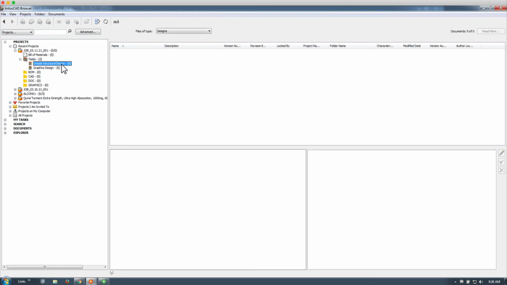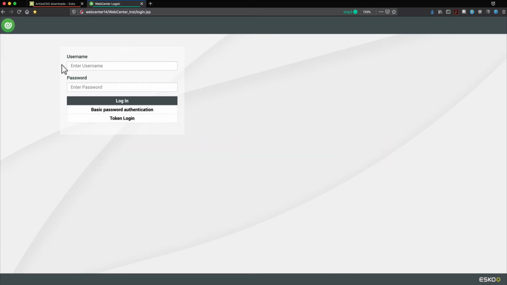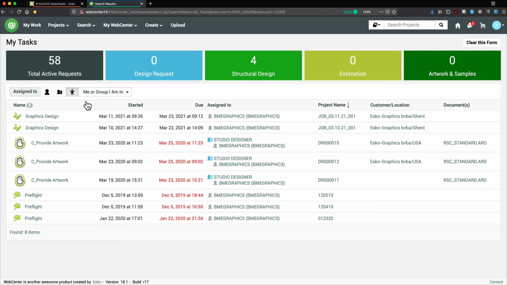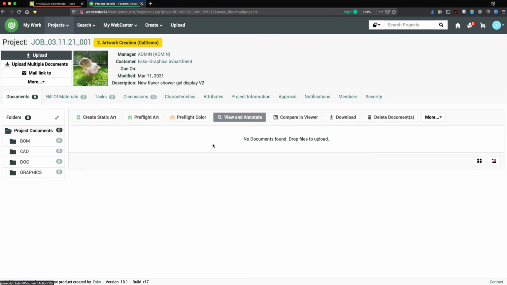Again, the structural designer would typically be doing this from within the ArtiosCAD browser. As the structural designer finishes that task, automatically a next task will start. Apologies for switching over back and forth, but let's have a look at what that looks like from a graphic designer's point of view. The graphic designer, having access to this project as well, will now see a request to